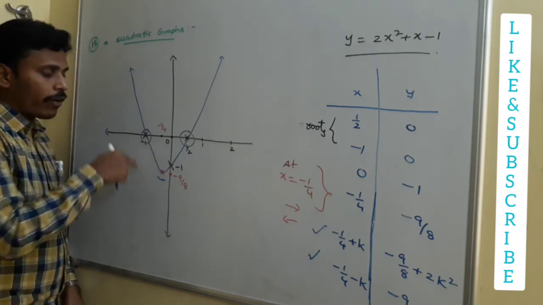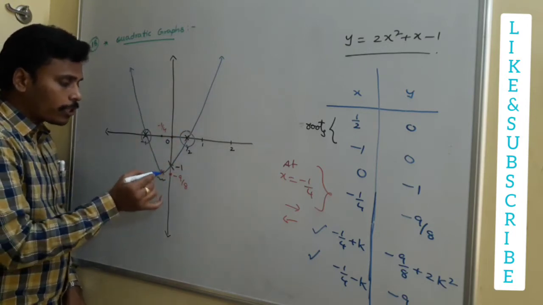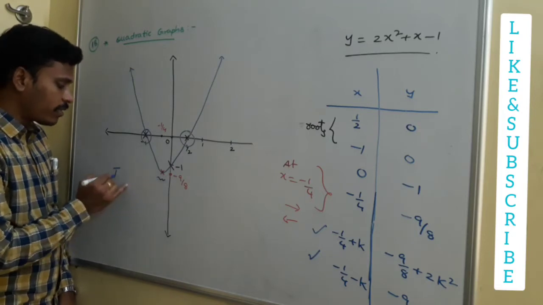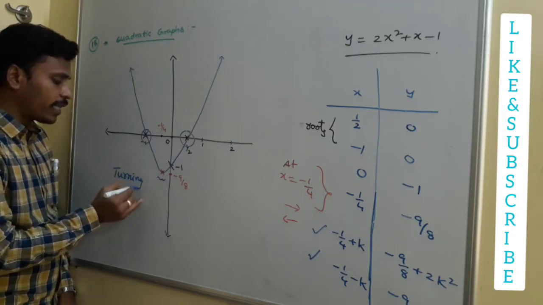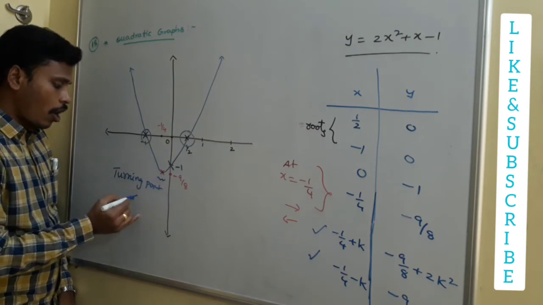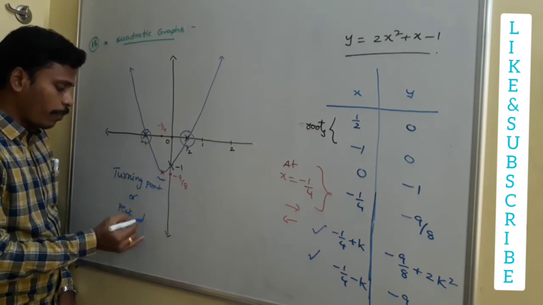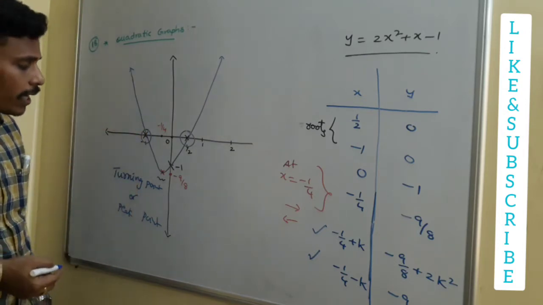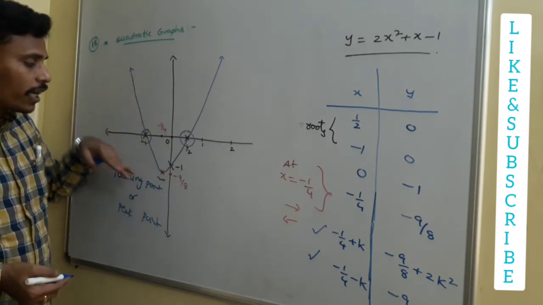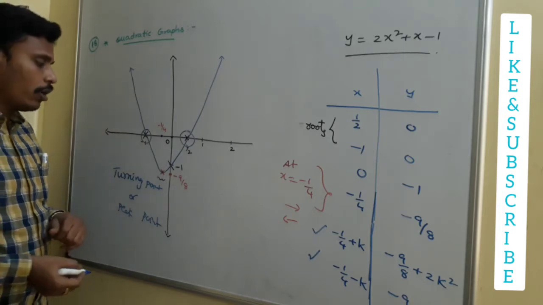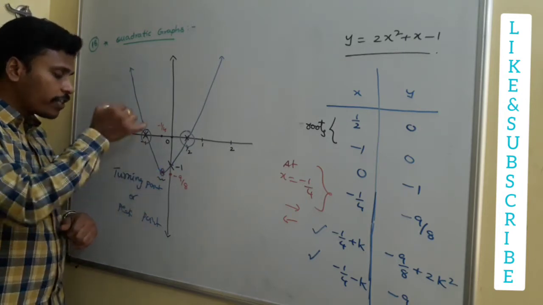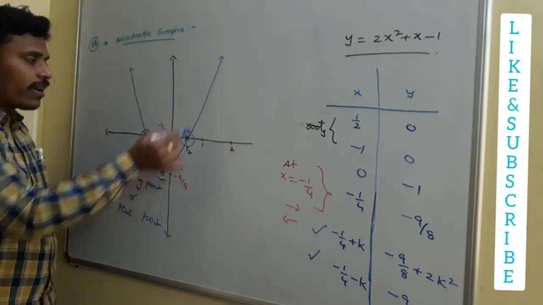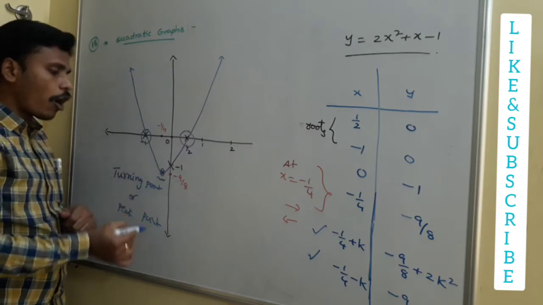We call it a turning point, right? Since the graph is turning there, we call this particular point the turning point or peak point, since it looks like a peak at that point. Some people may also call it the critical point. Why do we call it critical? Since the situation is critical there. So at this point, the graph is turning its nature, turning its shape. So this is the turning point or peak point.